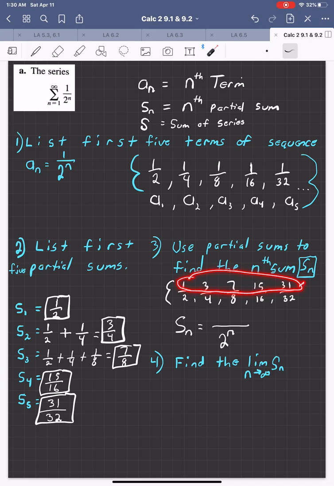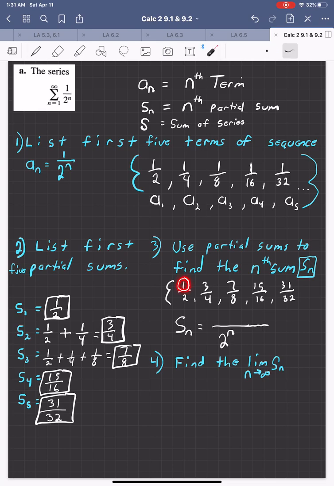Now it goes from a 1 to a 3 to a 7 to a 15 to 31. And the question is, can you find the pattern such that you can write the numerator as a function of n? And how do we do that? Well, notice that